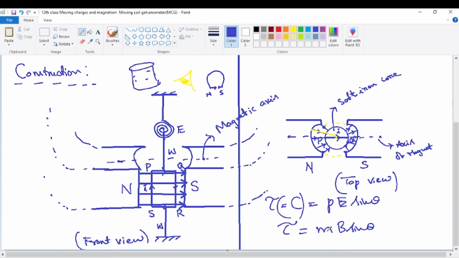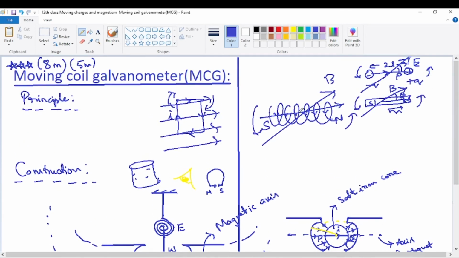This is the equation for torque acting on a bar magnet. Now, a coil carrying current behaves, each and every way, exactly like a bar magnet. Whatever derivations we have already seen in the case of a coil carrying current, what is the field on the axis of a circular coil at any distance? This is the axis of the circular coil. If you take any point on the axis, what is the exact field? That field we have already seen, derived based on Biot-Savart's law at the beginning of the lesson.